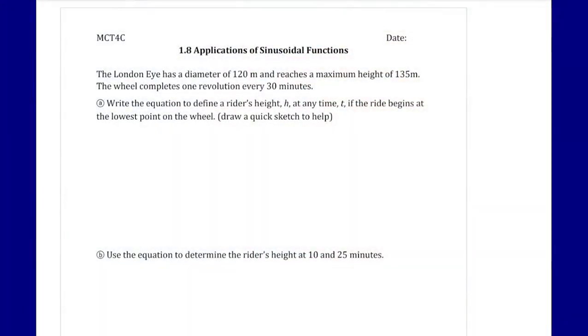In today's lesson, we are going to be looking at applications of sinusoidal functions. So in the previous two lessons, we've looked at how to graph a sinusoidal function based off of an equation by understanding how the different values affect the base function, as well as determining an equation based off a graphical representation. So we're going to be combining those two lessons to apply them to